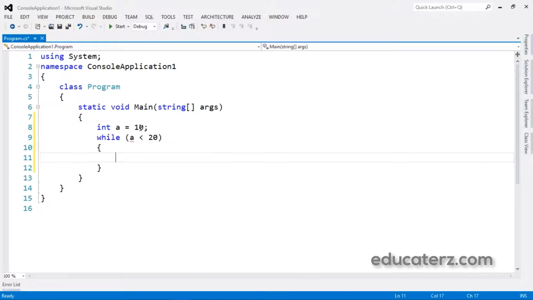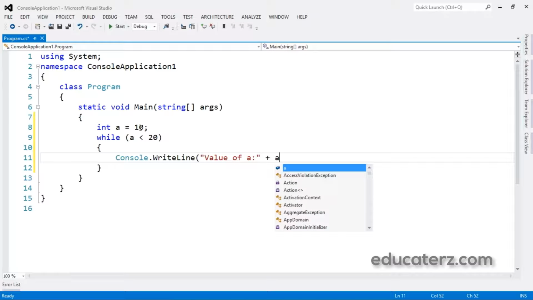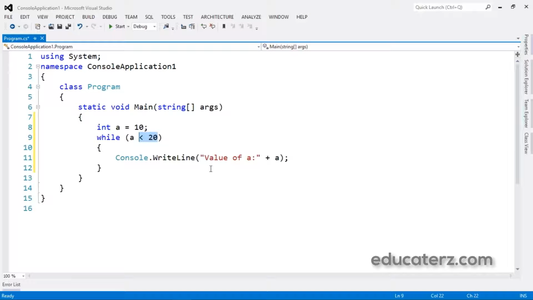then Console.WriteLine, value of a is equals to plus a. So until this condition is met, it won't come inside.